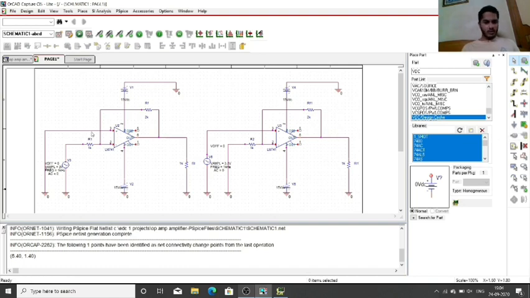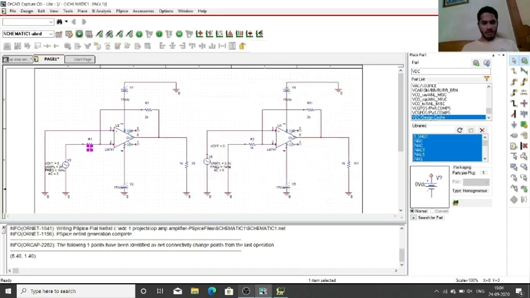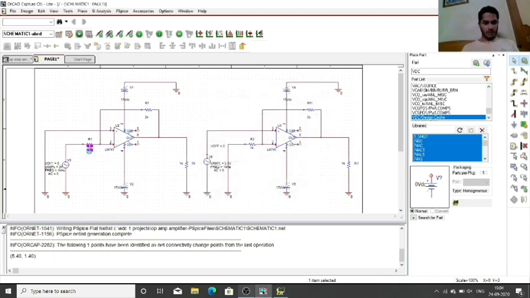To change the value of any component, we just double click on it. Say for example, if you want to change the value of this resistor R1, just double click on the value and enter the new value, say for example 2k, and press enter. I'll change it back to 1 kilo.